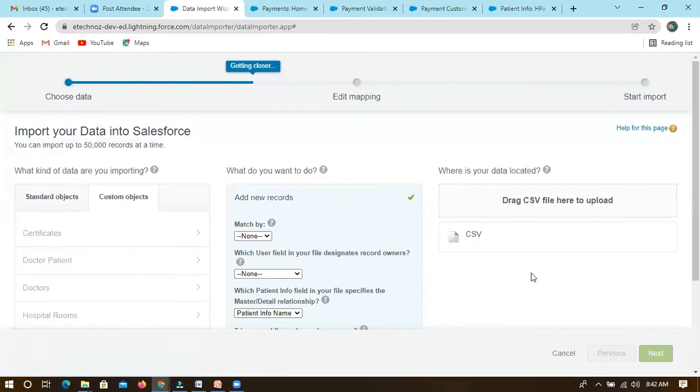First we need to have the data in CSV format, which is something like an Excel format. So we have to create one Excel and convert that Excel to CSV format. If within that CSV I have 50,000 records or 5,000 records, there is a limit here. We can import only up to 50,000 records at a time. Using this data loader, you can do only up to 50,000 records, not more than that.